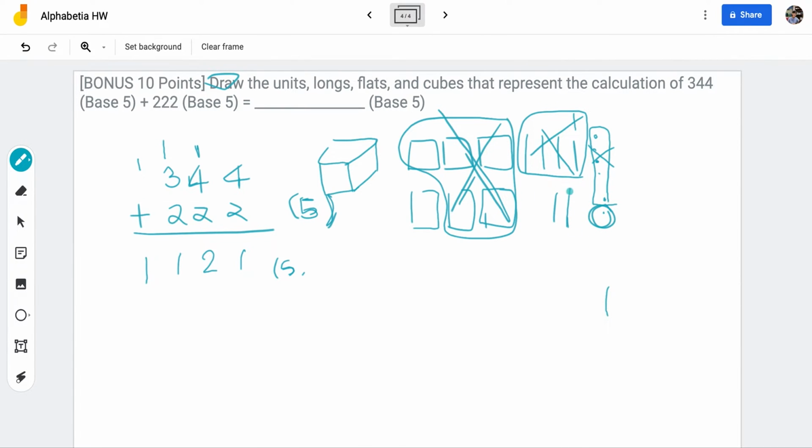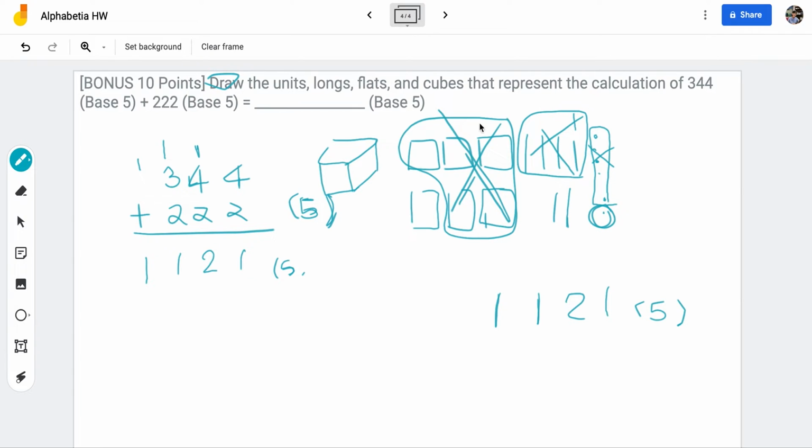And you have 2 longs left, and you have 1 flat left, and you formed another 1 cube. So that is your answer in base 5. So I want to see how you regrouped it and carried over, and regrouped it and carried over, okay, using